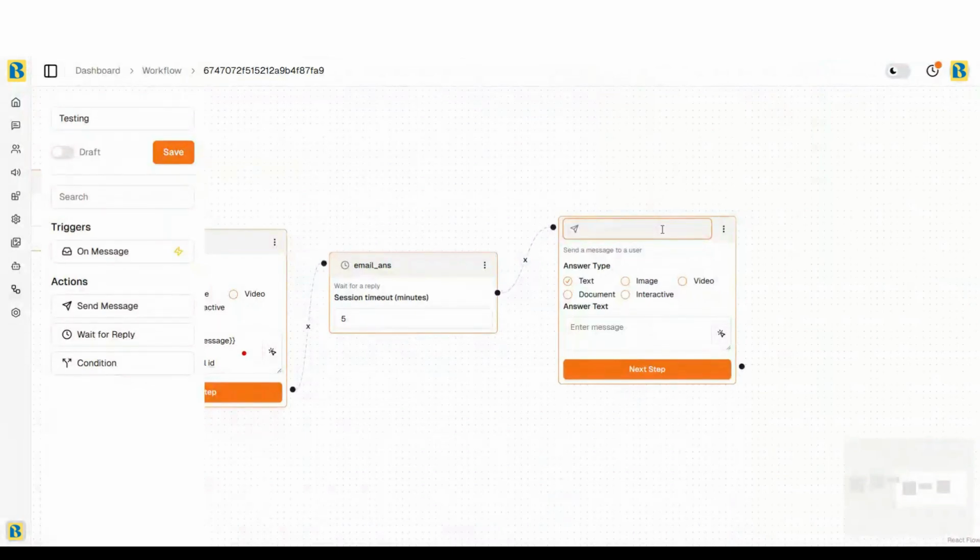So I will name it information. In this message we are going to use it, we will access his WhatsApp display name. Secondly, we will access his phone number, which he is using on WhatsApp. And third thing, we are going to revert his name. And fourth thing is we are going to revert his email ID also. So what we will write is